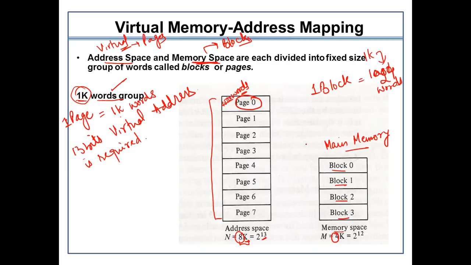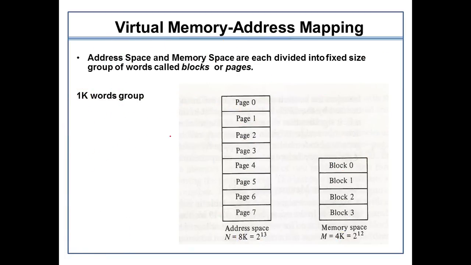So this is just the reference: in the virtual address space we usually consider the data stored in the form of pages, and in the main memory the data is stored in the form of blocks. The reason why we use the concept of paging and blocks is beyond this topic. For the time being, you just need to understand these 2 points. The sole purpose of teaching you this scenario was to tell you that this is the size of the address space and this is the size of the memory space.